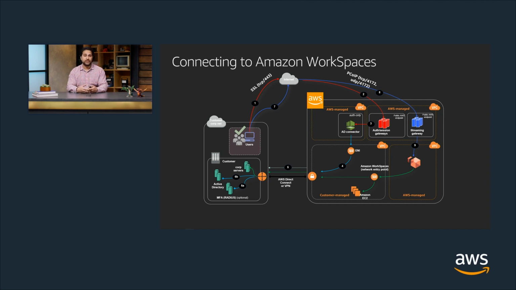Being a fully managed service, that's really easy to do with Amazon Workspaces. The two key components here are that you have to establish your directory, which is the Active Directory where your workspaces are going to be joined. So that's the domain join step that we talked about earlier. And then on the other hand, you will select your subnets for your workspaces so that they can have those